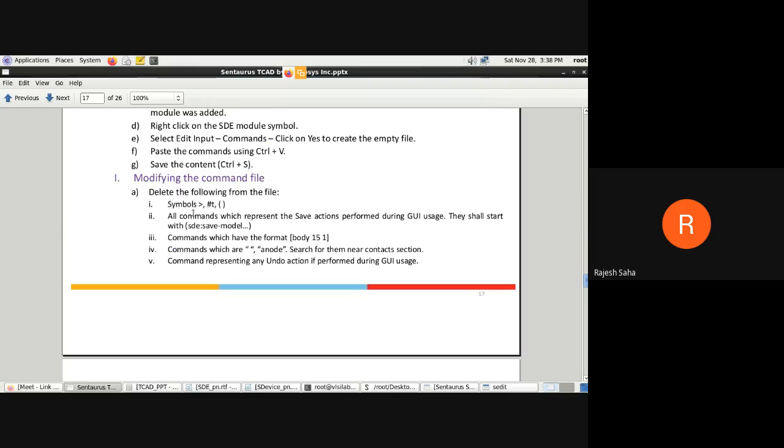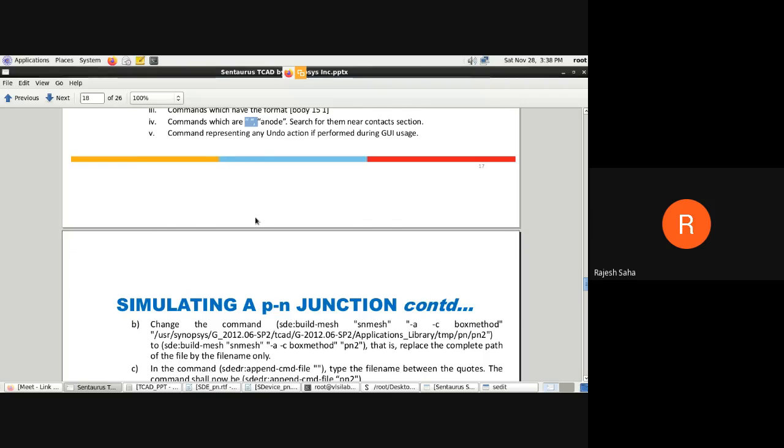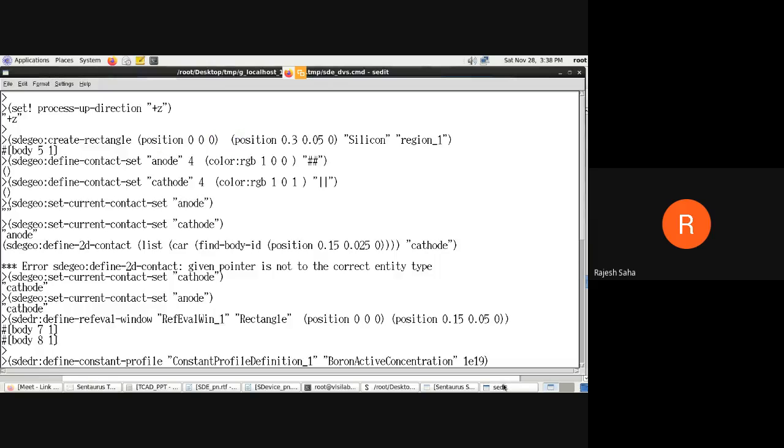For this purpose, see the symbols like this, ST, getter or hash bracket, you can delete this code. Similarly, body, these things also you can delete. Similarly, there is something under your inverted comma, those things also you can remove from the code. Like this, suppose we have to remove this getter, then one thing you can do is go to